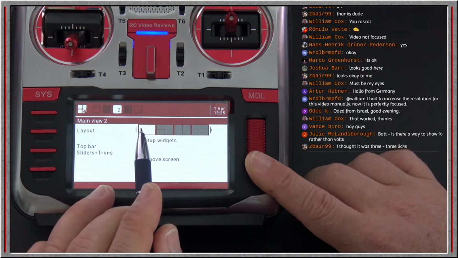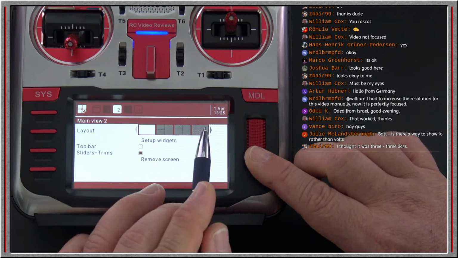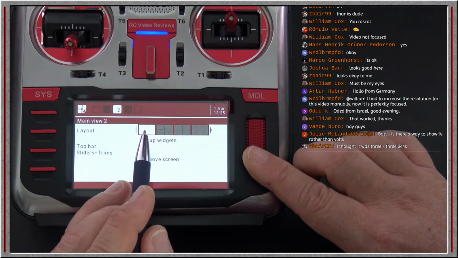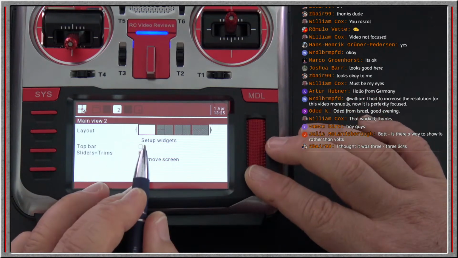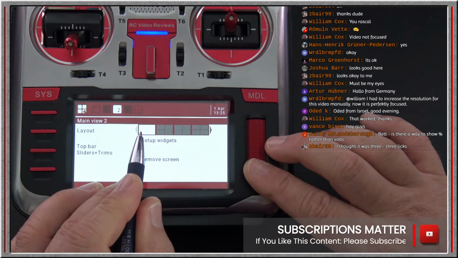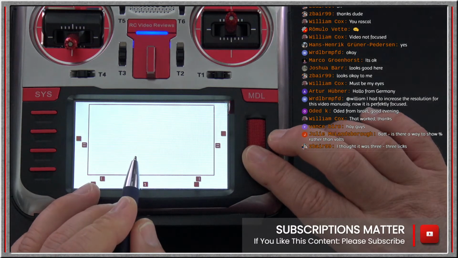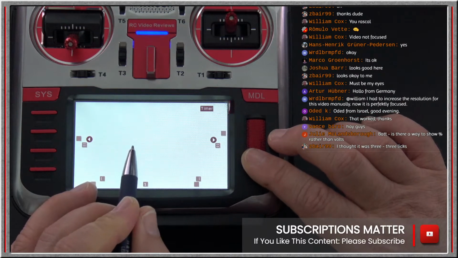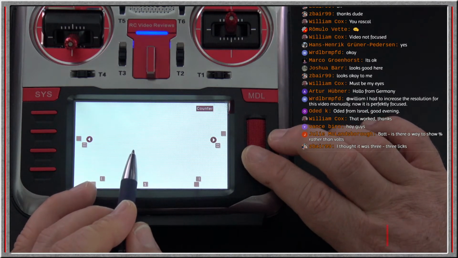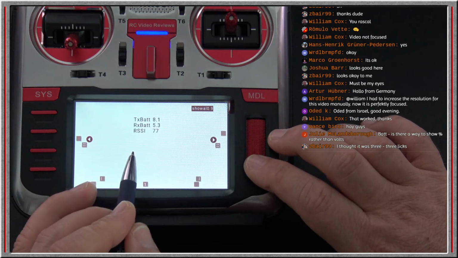So in that one, I'm going to leave the widget set up to be full screen, and we'll cover these. Don't worry, I'll show you what these things do. But let's just say for this use case, we want this to be a big monitor screen. So we'll leave the widget as full, and we'll go down to set up widgets. And in this screen, we'll press the button, and I want to show you one called show all. That's a really neat one if you're trying to understand exactly what's going on in your radio. So there is show all,